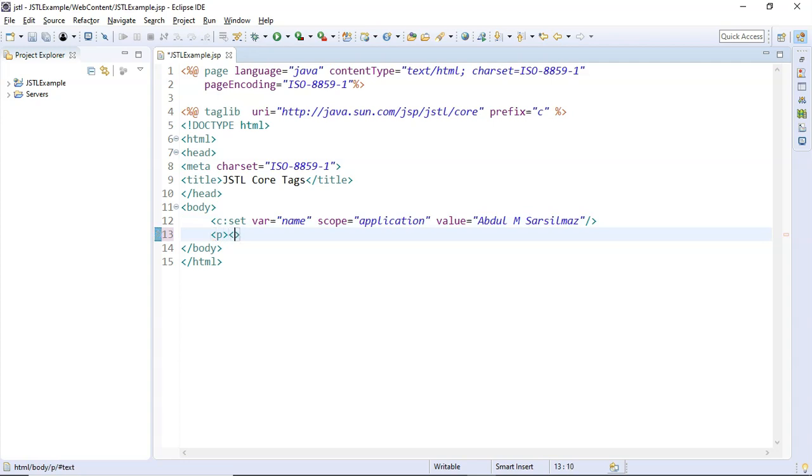So I'm going to have a p tag, that is a paragraph tag, and I'm going to set a text here, that is, before removing variable from application scope,